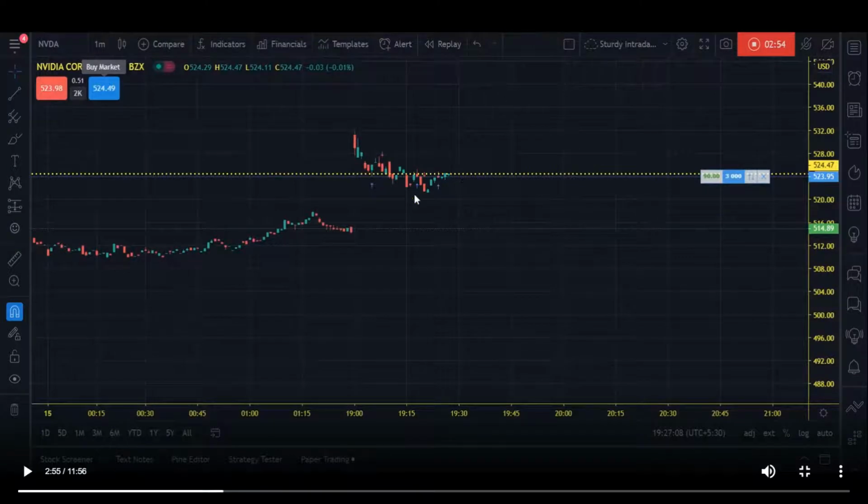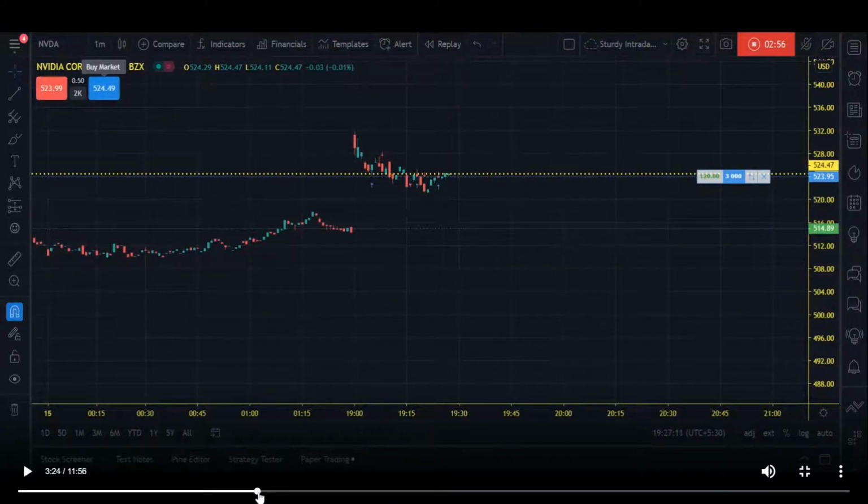But if it fails here, it's a breakout level. If it fails here, a lot of sellers would have got in with it and would have started shorting the stock with a lot of momentum. It would have just crashed over this until this level. That's 514. As it was not easily breaking that level,